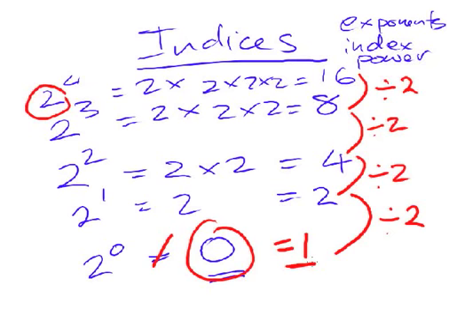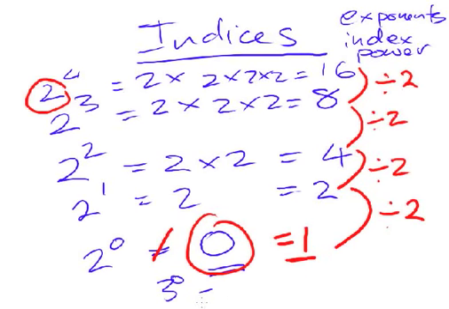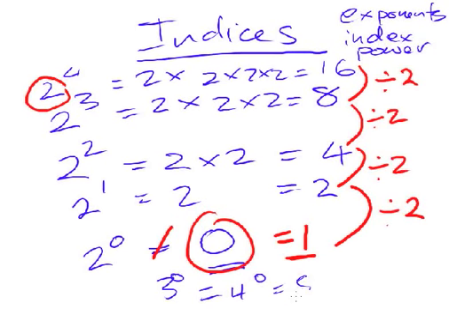And this applies for any type of number. So if we had, for example, 3 to the 0, it would equal the same, as would 4 to the 0, or 5 to the 0, or even 6 to the 0. It all